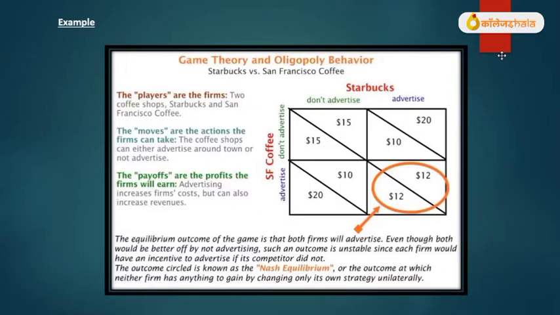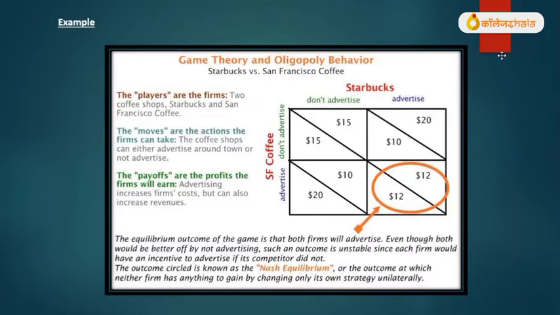That means from that particular position, when both are giving the advertisements, they stick to the strategy, because they will not move from it. Why? If they move, they can lose some amount of earning. They will be earning less profit if they are moving. So this is a very clear example of game theory. So now I think it is clear how it works and what Nash equilibrium is,